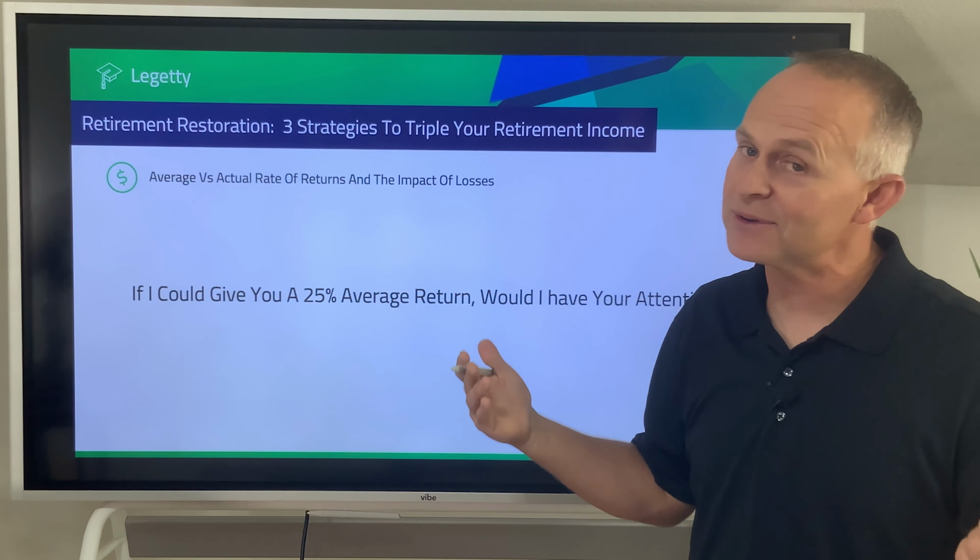Yes, this is an extreme example, but in a minute we'll look at the actual stock market history, but this is just to prove a point of how actual versus average works. And here's the scary thing. A lot of financial institutions can sell products based on average returns. So you might get a product that has an average return of 10%. You do your little rule of 72 calculation, or you jump online to a compounding interest calculator. You think you're going to have lots of money for retirement. The next thing you know, you show up to retirement and you're a lot short. That's what you've got to consider, is how all of this really works.